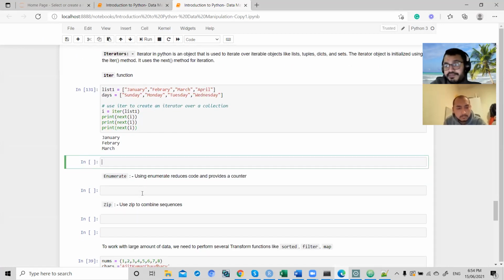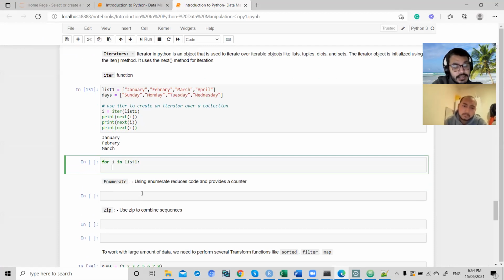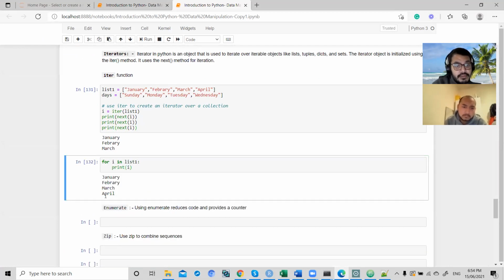Okay, so let's say for example we have for i in list1, we do print. This will give you the i: first January, February, March, April. So if you also want to print the index, you can give range of length of